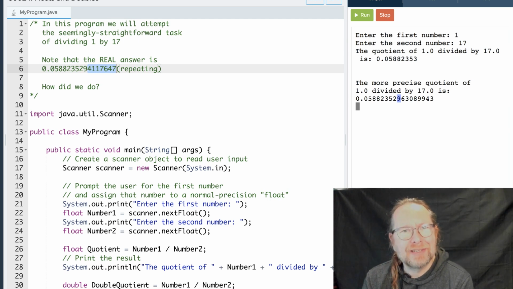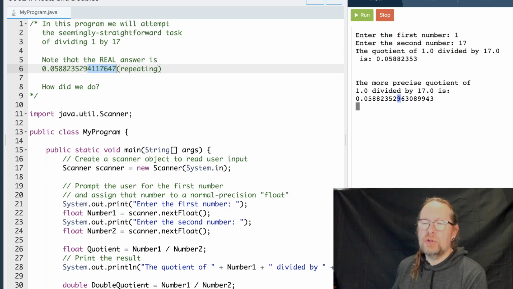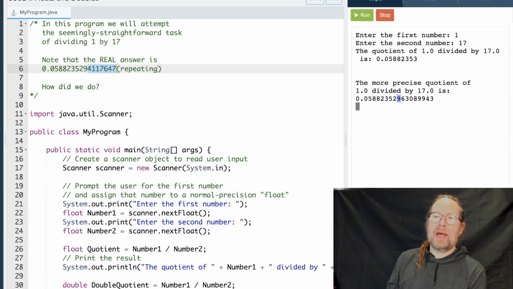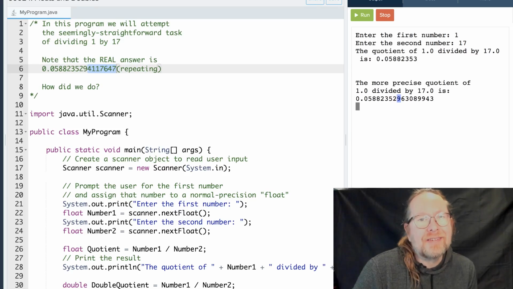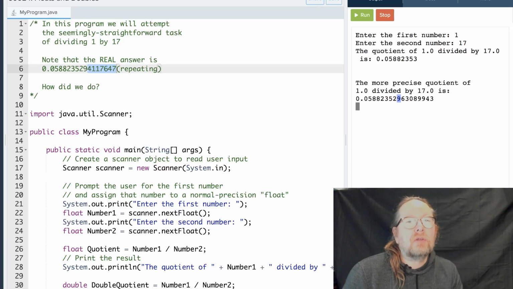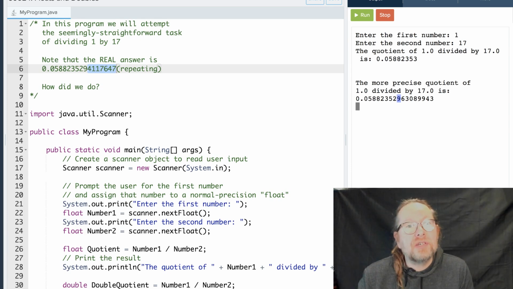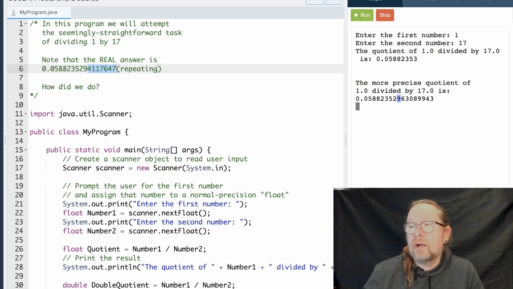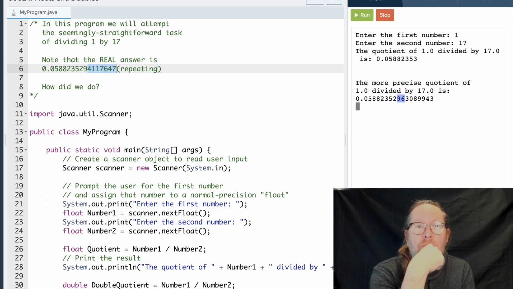That should worry us a little bit. That when we are using computers to do floating point math, we have to be very careful out beyond the 6th, 7th, 8th decimal point and be on the lookout for floating point errors. Even when we use double precision variables. So this answer has more decimals, but it is not a much better answer. It is only better by 1 decimal place, despite having 6 or 7 more